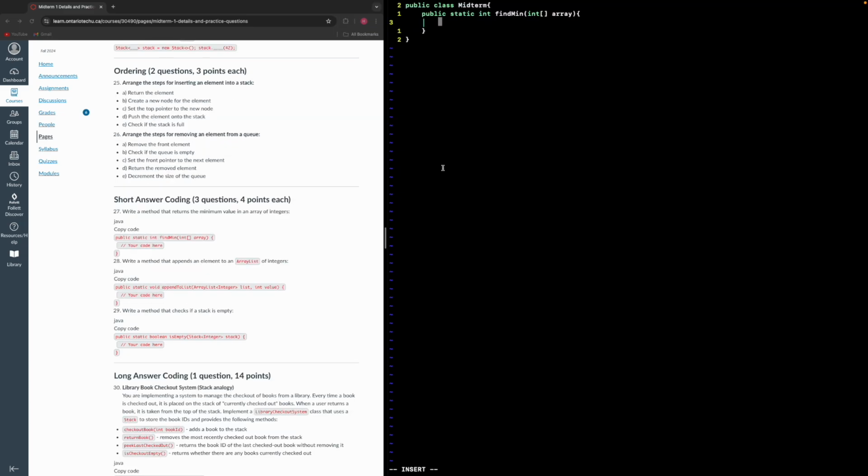Okay, so now we're gonna do the short answer coding questions. The first one is write a method that returns the minimum value in an array of integers. So they give us an array of type int, and we're supposed to return just the lowest number. And so the first thing you always want to do is your first edge case is what happens when it's